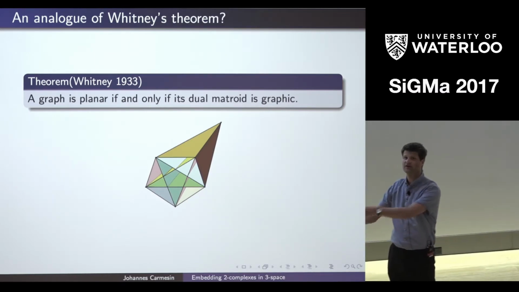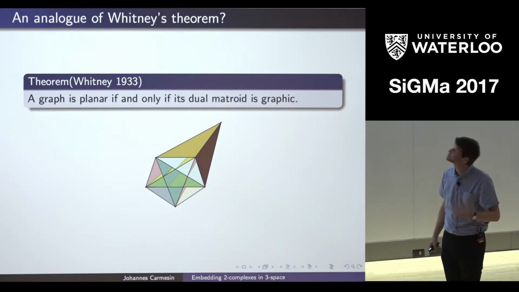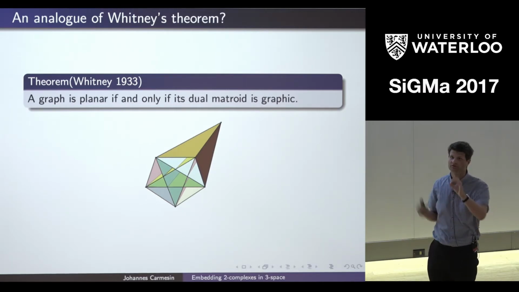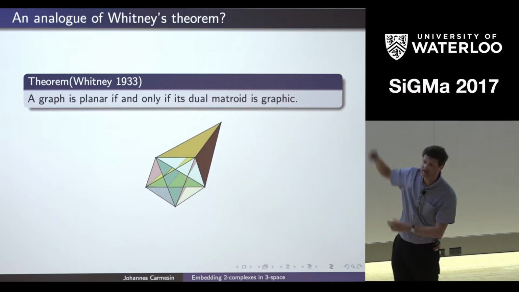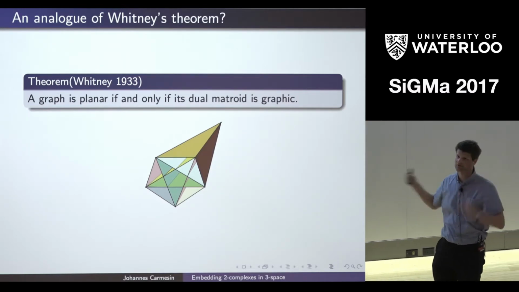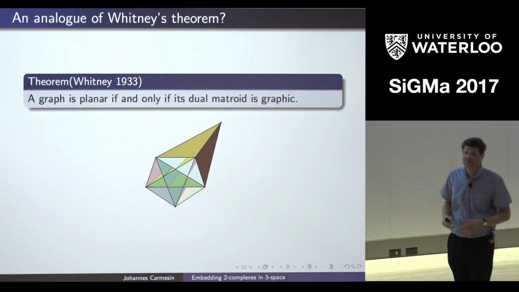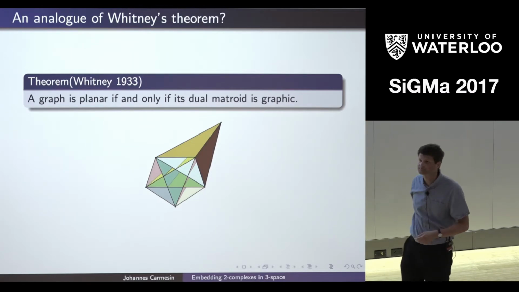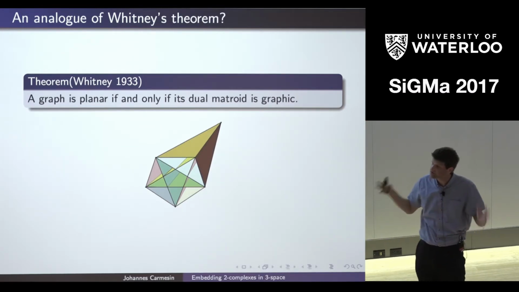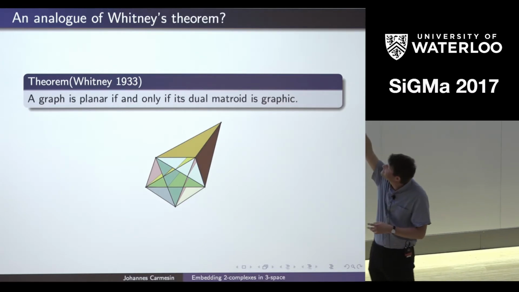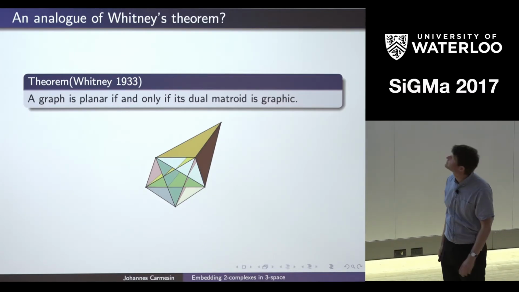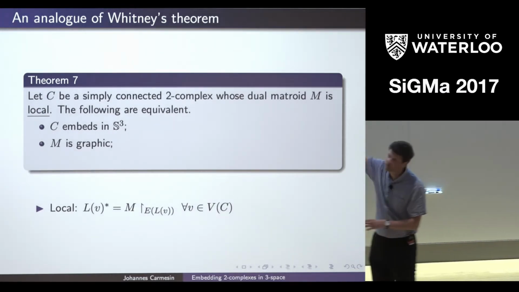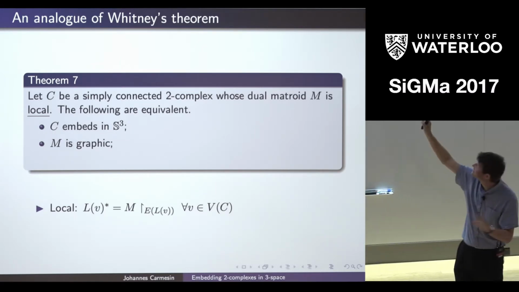So just the cone over K5 we had before. I mean, it's not a hard computation to see that if you take the dual matroid of the cone over K5, actually it's just the sum of loops. Because if you look at the edges on the K5, they're just incident with a single face, and this just says they are all loops. So the dual matroid is too rough to capture the local structure at the top of the cone. So this global matroidal dual structure is too rough to see this thing that's going up at the top of the cone. But if we exclude that, and I wrote the precise definition down there, so we just call it local, but I won't define it, but yeah, it can be made precise.